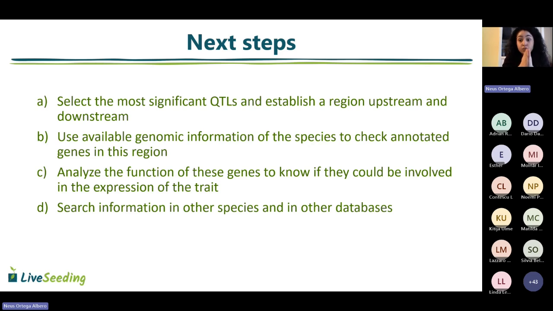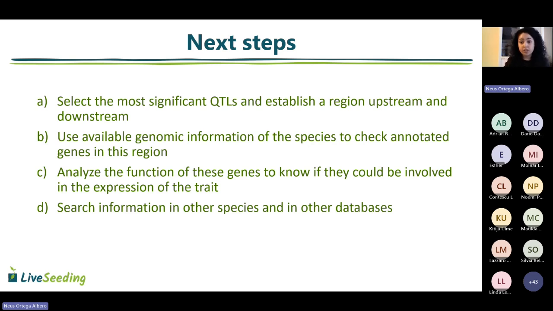We select the most significant ones and we establish a region upstream and downstream, because we don't have all the bases sequenced, but only one sequence in an interval. So we select a region upstream and downstream, and we look for information in this region, and we use available